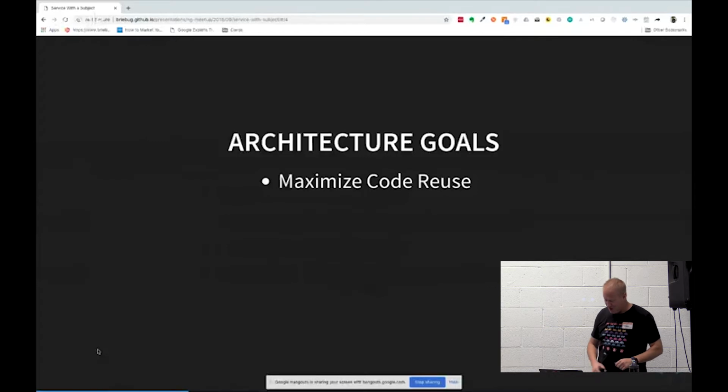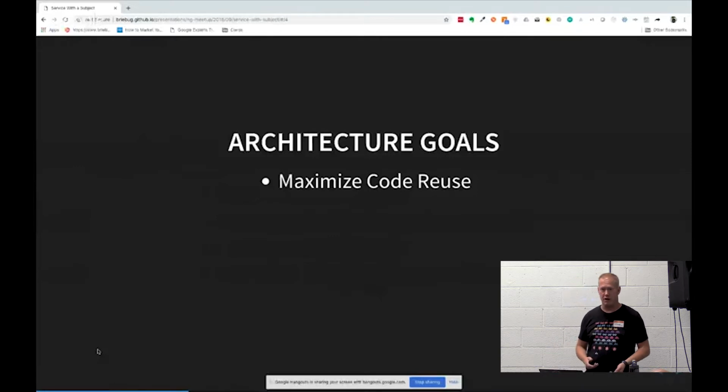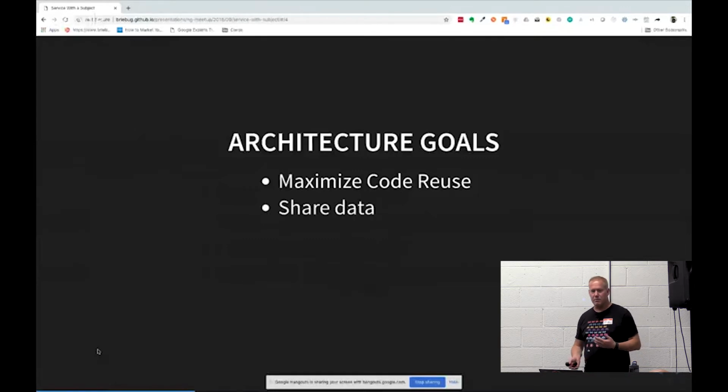Not me, of course. So maximizing code reuse so that we really have reusable components, and not components that we're going to have to do a lot of extension on or create a lot more complex decision trees inside of them so that they'll work for our use case. The other thing we want to be able to do is share